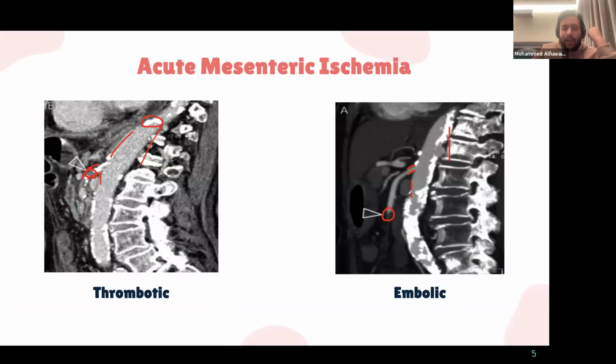Do you need to know the difference? I don't think so, but that's an explanation for you guys. Okay. Treating it is not important for you guys to know. Okay. Now,